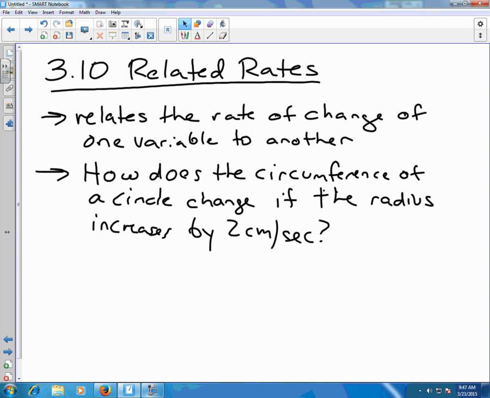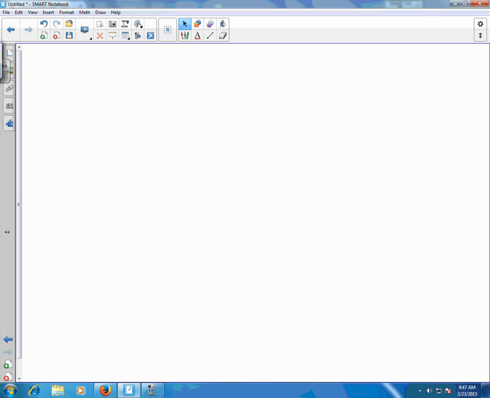So we want to know how the circumference of a circle changes if the radius is changing by 2 centimeters per second. That's all we know, is how fast the radius is changing, but that's all we really need to know. So the circumference of a circle, the distance around, is equal to 2 pi times the radius. That's our formula. That's going to connect these two variables, the radius and the circumference. And so we want to know how the circumference changes. Well, we want to find a rate of change